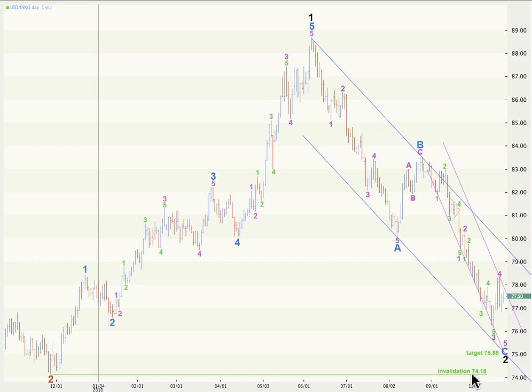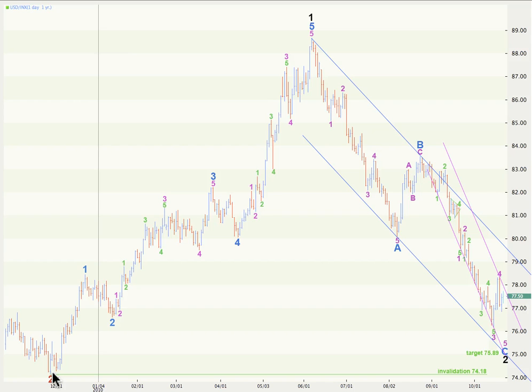Any further downwards movement should not move below 74.18. This invalidation point will not move and will not change, as the second wave at intermediate degree cannot move beyond the start of wave 1. So, importantly, price can touch this point. Wave 2 can be a 100% correction of 1, but the rule states that wave 2 cannot move beyond the